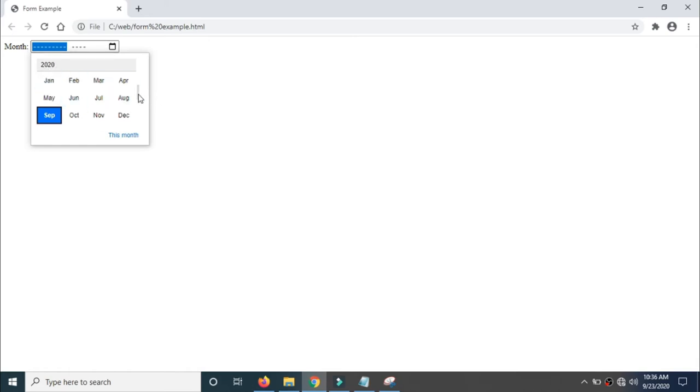Now I'll scroll this. Yes, you can notice that there are years. If I click on this, again it extends the months of that particular year. If I select June 2021, now that has appeared in this input box.